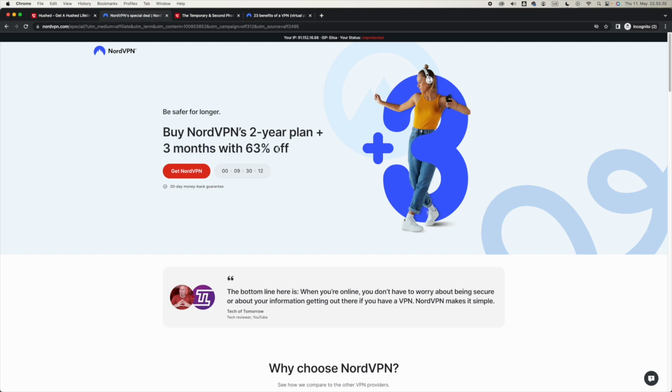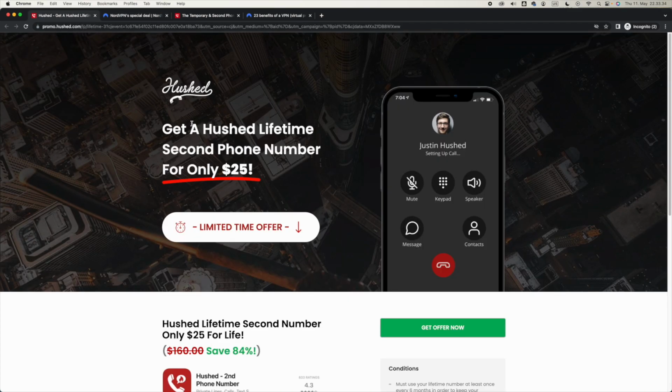So get NordVPN. Change your location to the United States. Second, get a Hushed number and get a US number, and then you'll be able to use ChatGPT from your